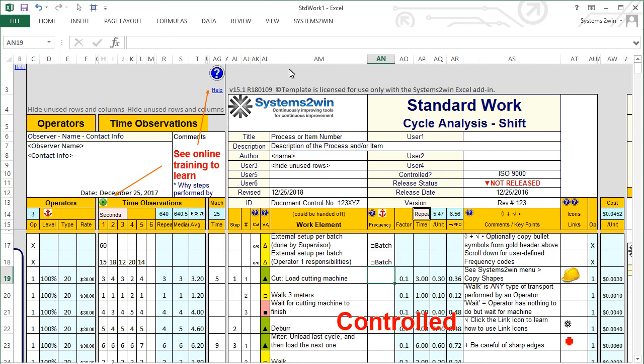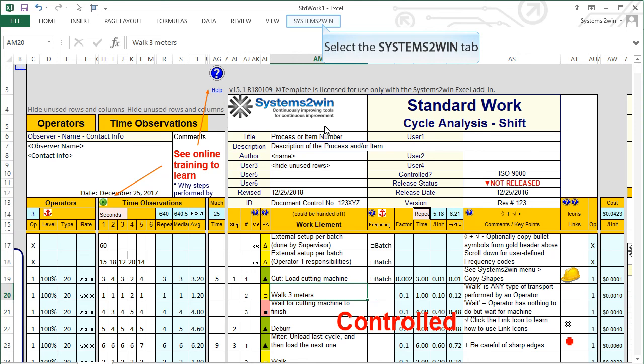And the other thing that we look for is opportunities to change the frequency of some activities from the run cycle or blank, which is the same as every run cycle, to some frequency other than blank or run cycle. In this case, let's say that maybe this activity could be done every batch rather than every item.